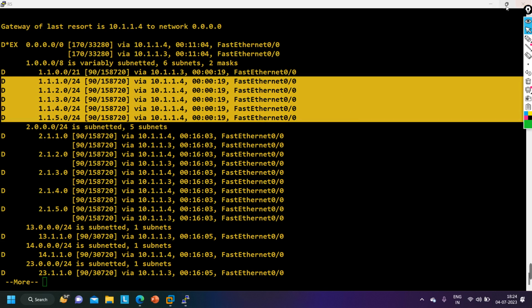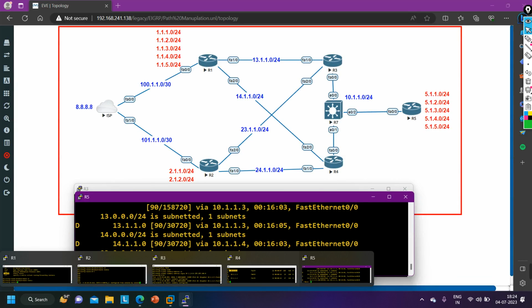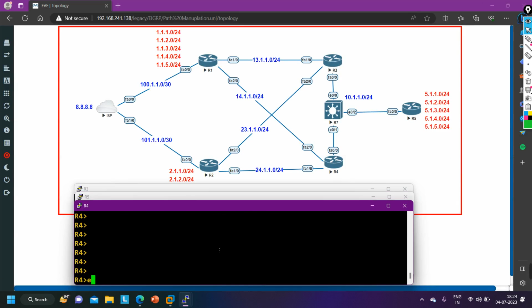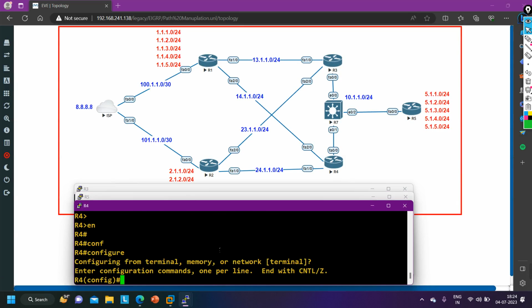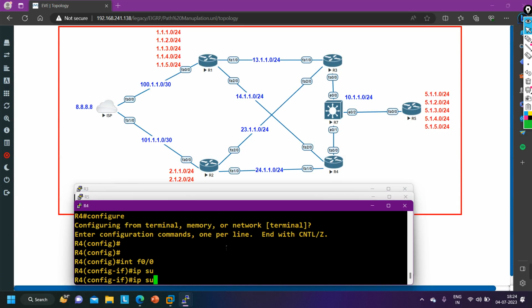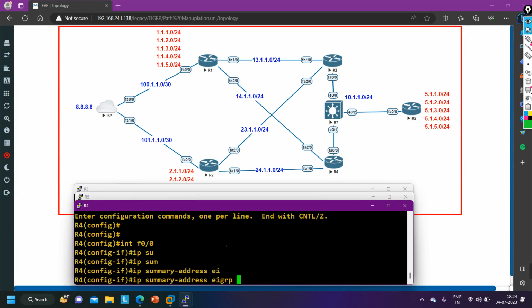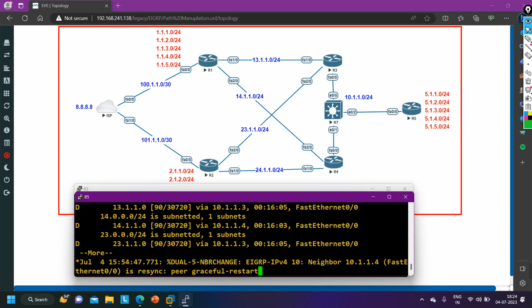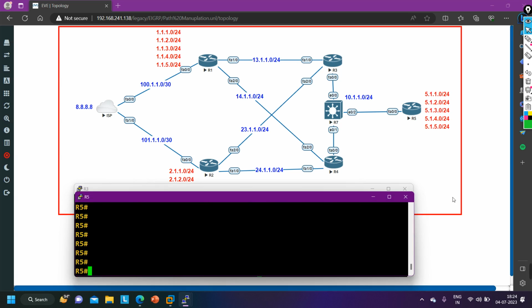So on router number 4 also I am going to run this summary command. Let me take you to router 4, and on FastEthernet 0/0 I am going to run the command ip summary-address eigrp 10, then the network 10.1.0.0 255.255.248.0. Done. Now if you check the routing table of router 5,